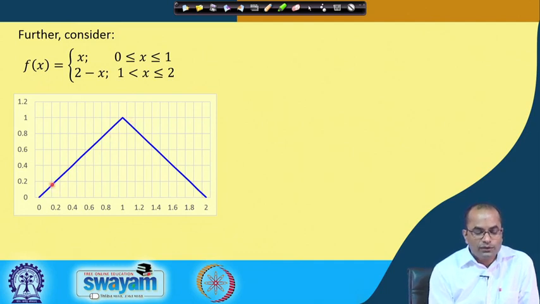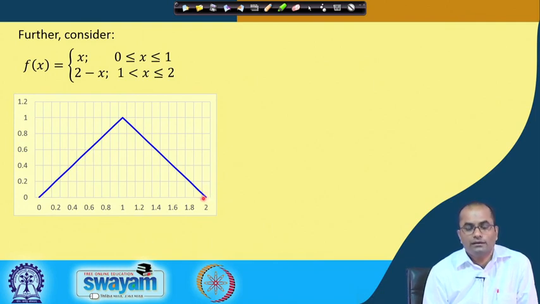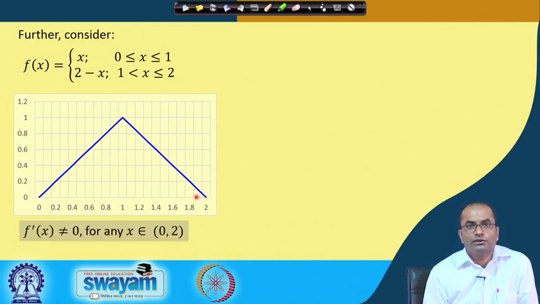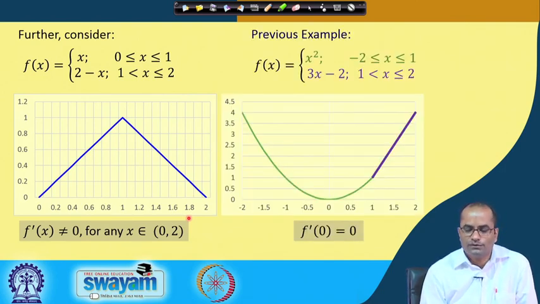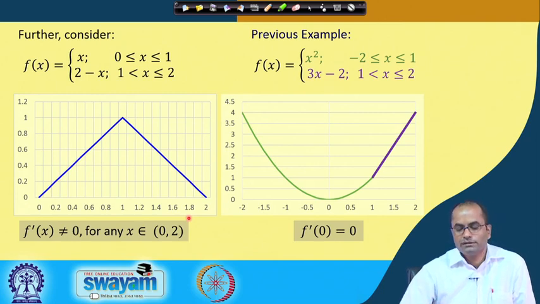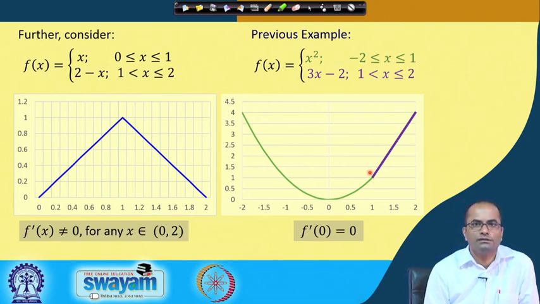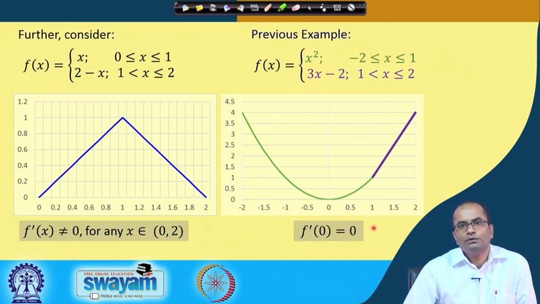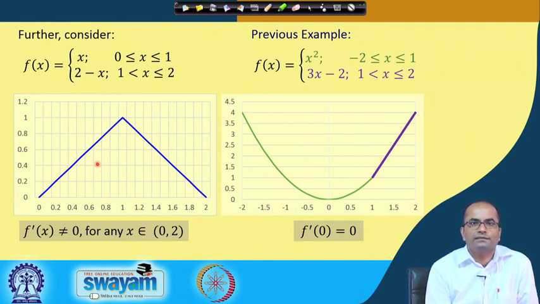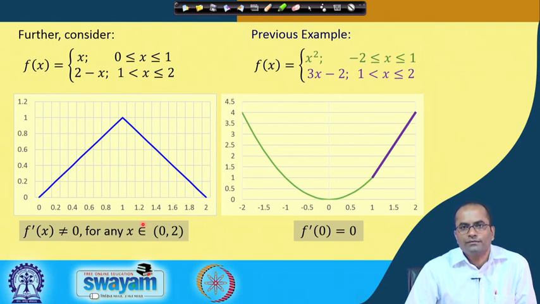And in this case we are not getting any point between 0 and 1 where the derivative is vanishing. So, in this situation f prime x is not equal to 0 at any point in the given interval. We have seen these two examples. The previous example, where the function was not differentiable, and this one, which is also not differentiable, but in one f prime 0 is equal to 0. So, there is a point where the derivative vanishes, whereas in this case the derivative does not vanish at any point in the interval.